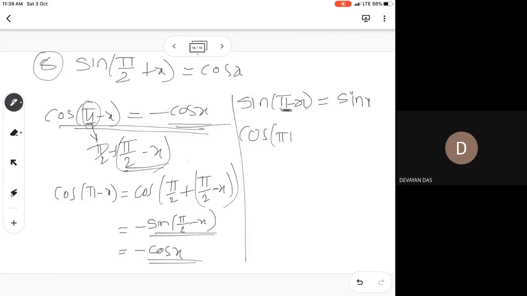Now cos pi plus x, what do you get here? Pi plus x ले लो. Plus बोले तो third quadrant. Third quadrant में cos negative होता है. So minus cos x. Very simple. Next in the same way, sin pi plus x, if you take into consider, so minus sin x, sir. Minus sin x you are going to get.